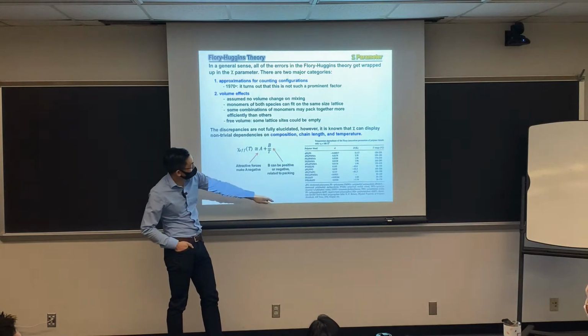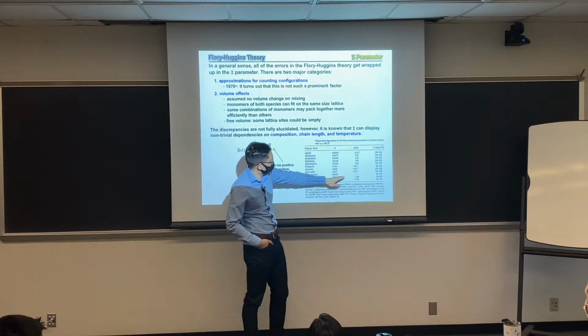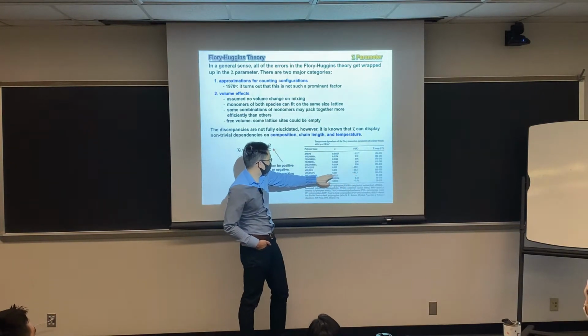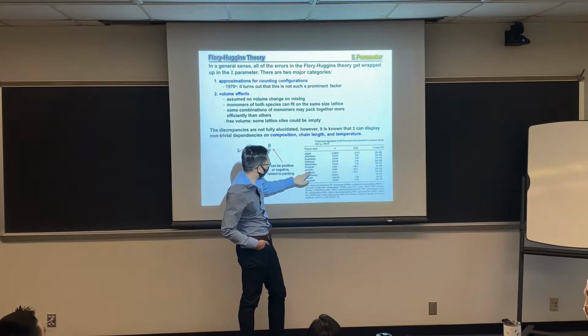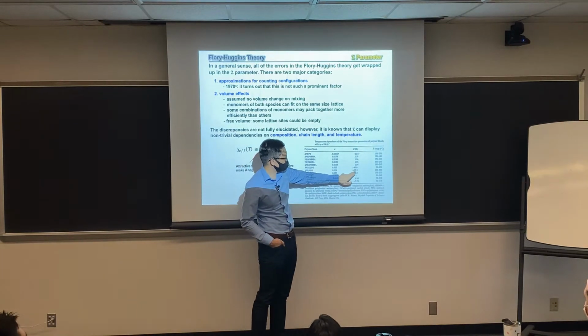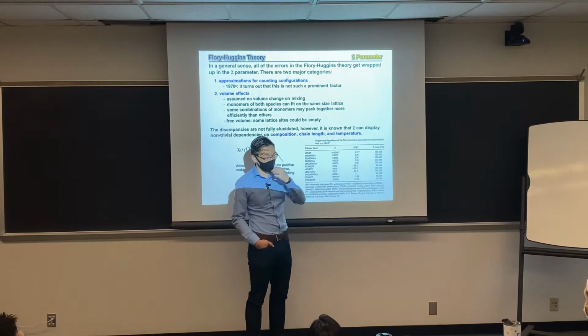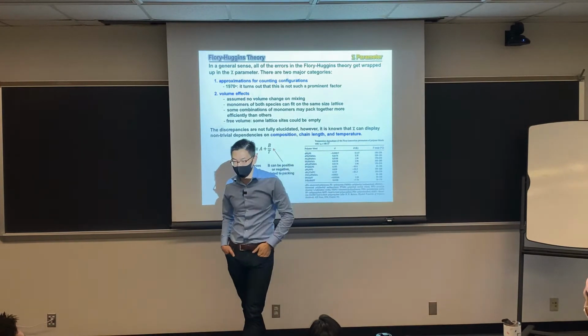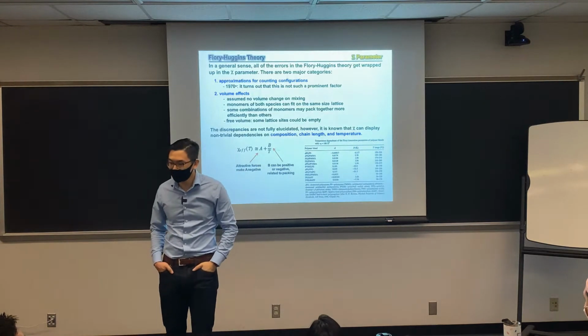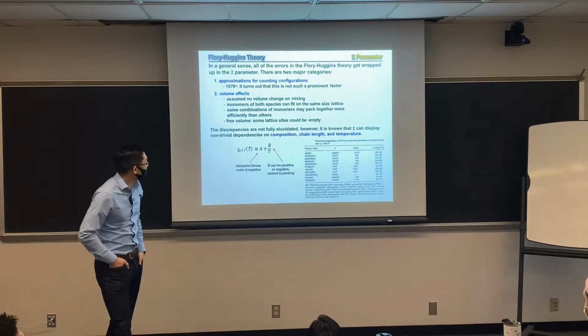A couple other things: once you raise the temperature, it will show different signs. For example, DPS and PPO show a negative B value, which means when you heat up, it will phase separate. When you lower the temperature, it will phase mix. Okay. What's the other limitation? It is